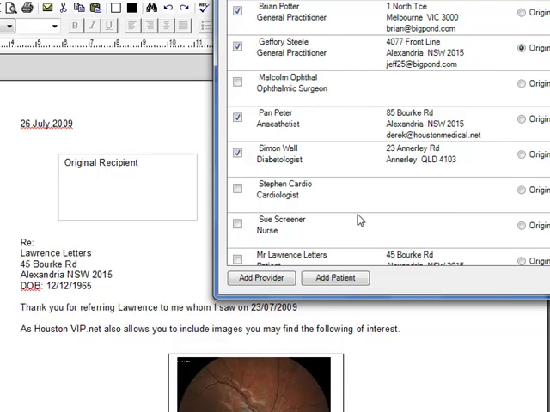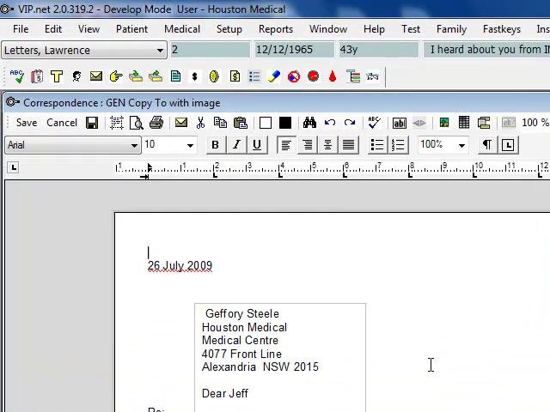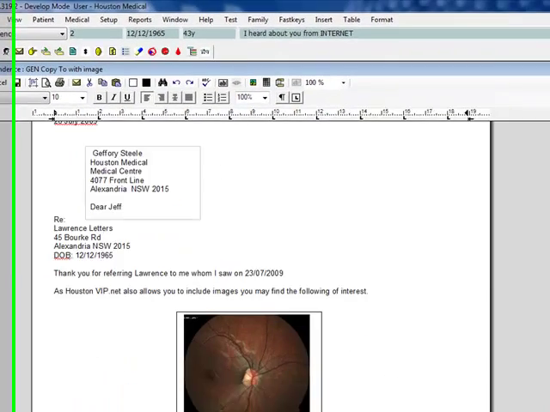But we have decided as a matter of policy that we will send a copy of all correspondence to the patient. So we will include Lawrence. The letter now correctly presents with Jeffrey Steele as the original recipient, addressed as Dear Jeff. The image has been inserted,